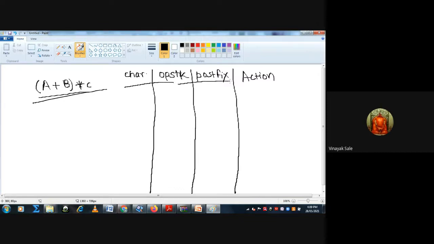The first character entered is an opening bracket, so the operation stack is opening bracket, and the postfix is empty. So enter the opening bracket in the stack.